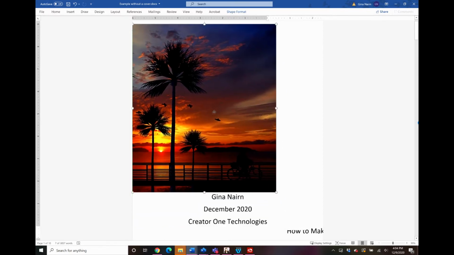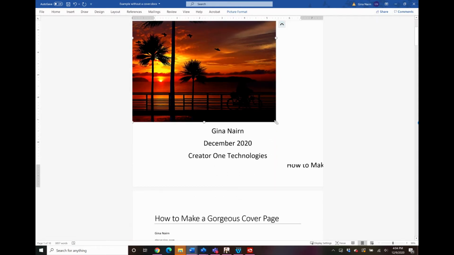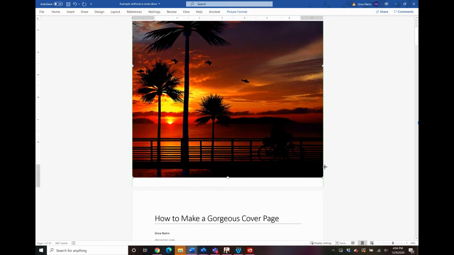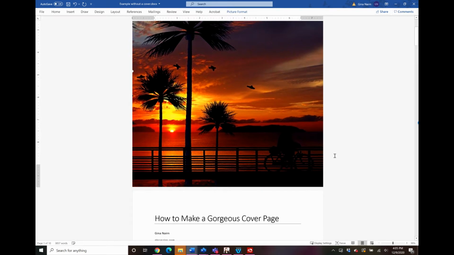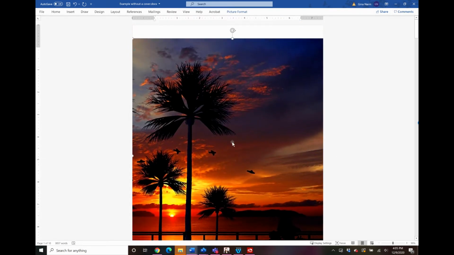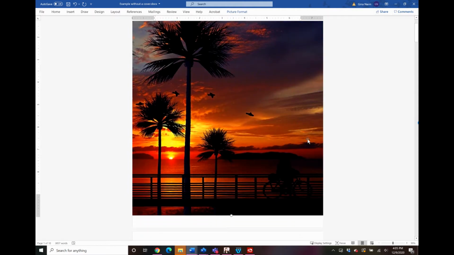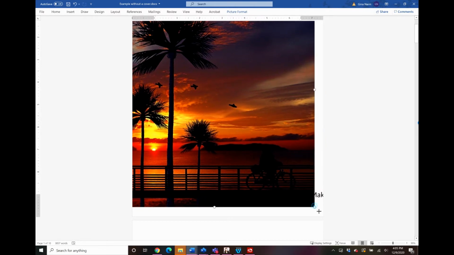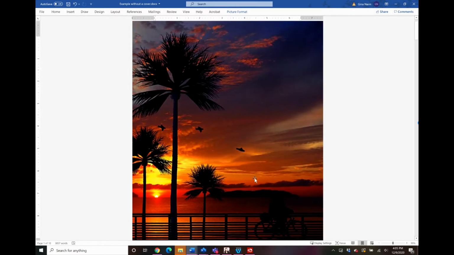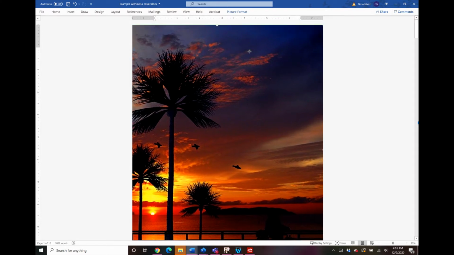Okay, and then we're going to pull the palm tree picture all the way to the top corner and drag it to fill the whole page. And you can drag it off a little bit, and you can adjust this any way that you see fit. It looks like we need to come up a bit, and then we'll increase the size of it here down at the bottom. Okay. So we have filled the entire space.